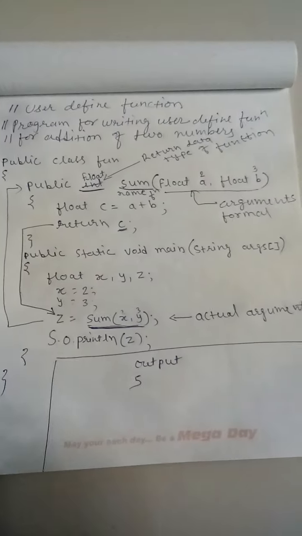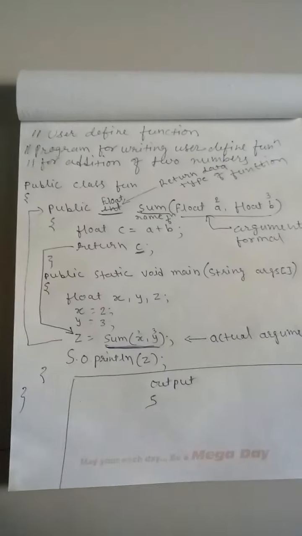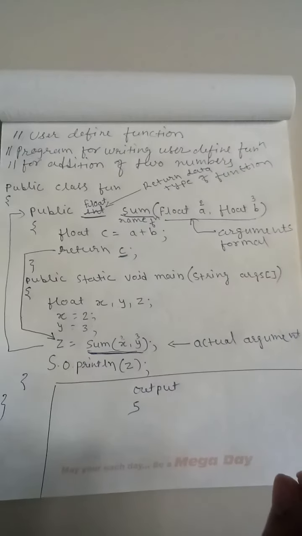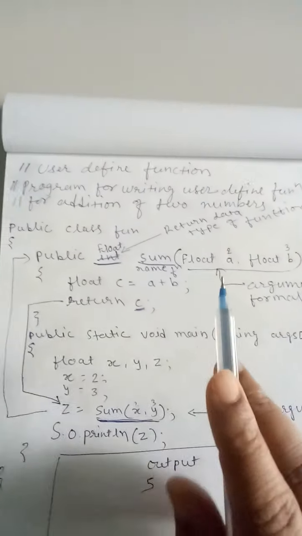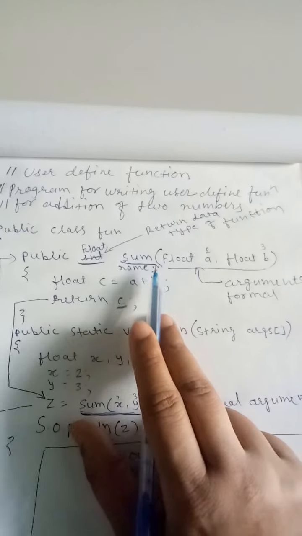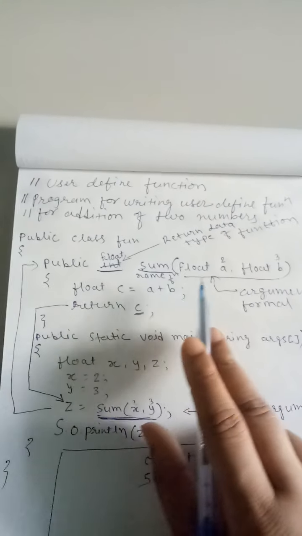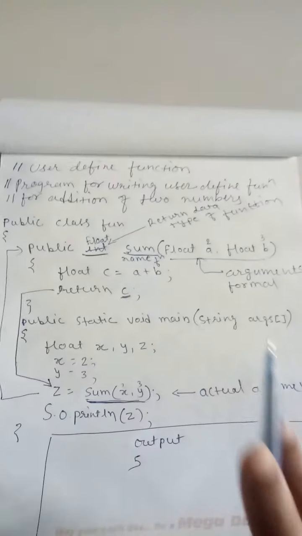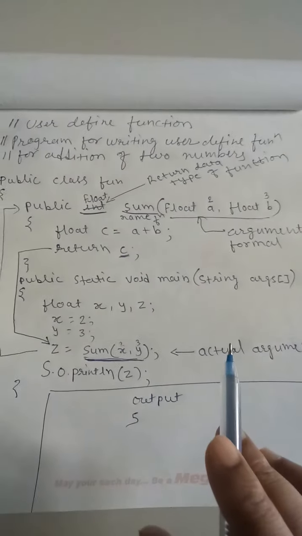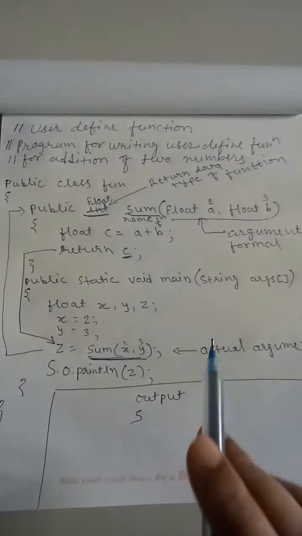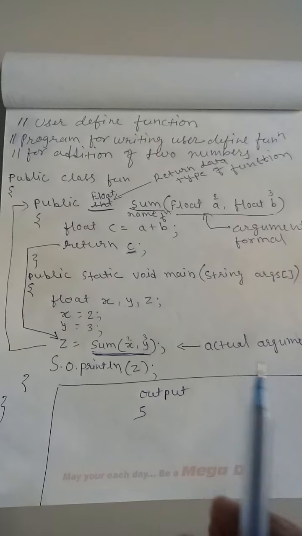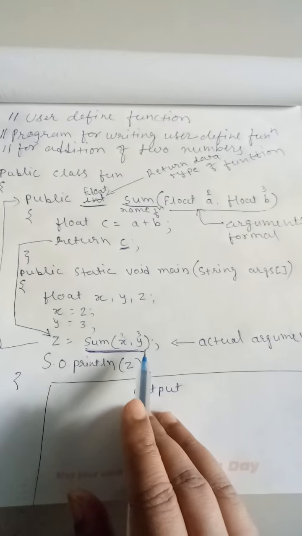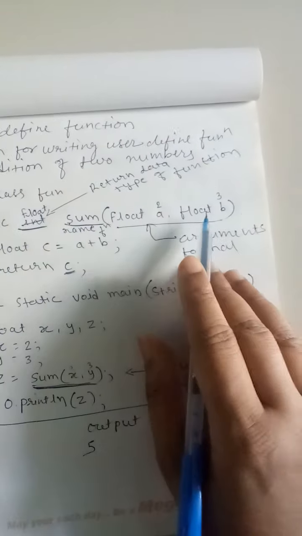Same way you can do the program for the subtraction, multiplication, or the division, or for any other program. Just what you have to do, you have to just keep it in mind कि name of the function should be relevant, then argument should be relevant. Suppose you are writing the function for simple interest, so you must know the logic of simple interest, and according to that you have to send the argument and you have to declare the argument.